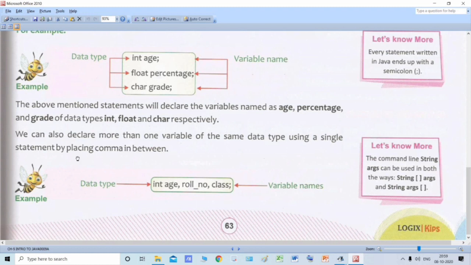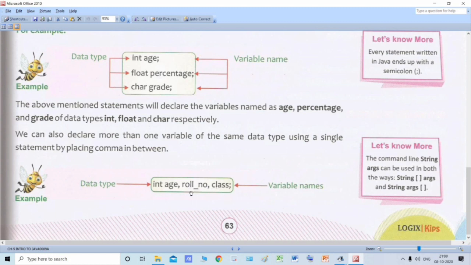Now students, we can also declare more than one variable of the same data type using a single line statement by placing a comma between them. Remember, see, what is the data type? Int age, comma, roll number with an underscore, that means roll number is the name of the variable. Yes, it is following the identifier naming rules.